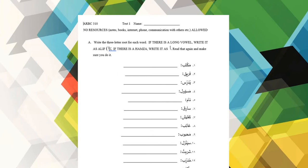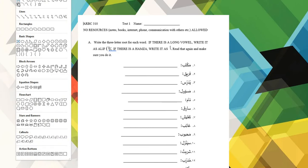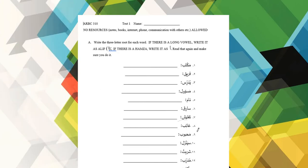By far, the trickiest item on page 1 was number 7, Ra'eb. Okay, now I can see why that's a bit difficult, even because we have emphasized Hamza roots, and we told everyone to review the Hamza root video. So you say, oh, there's a Hamza in there, and so you went about and wrote this as Ghain Hamza Ba. Except, remember, going back to measure 1, active participle,